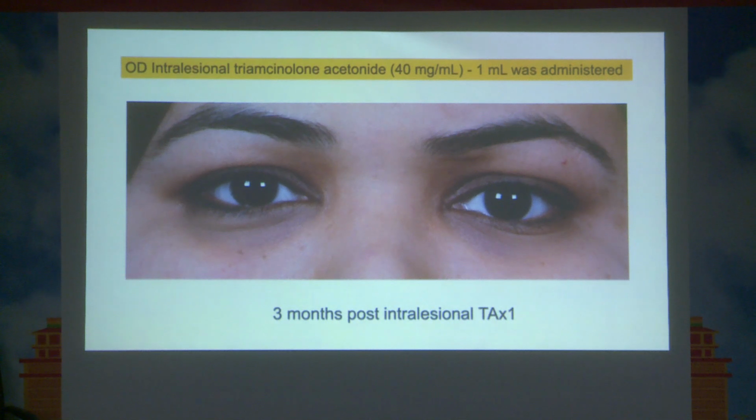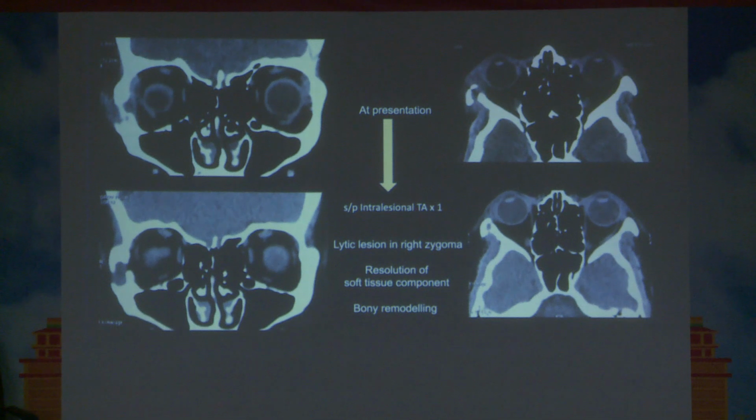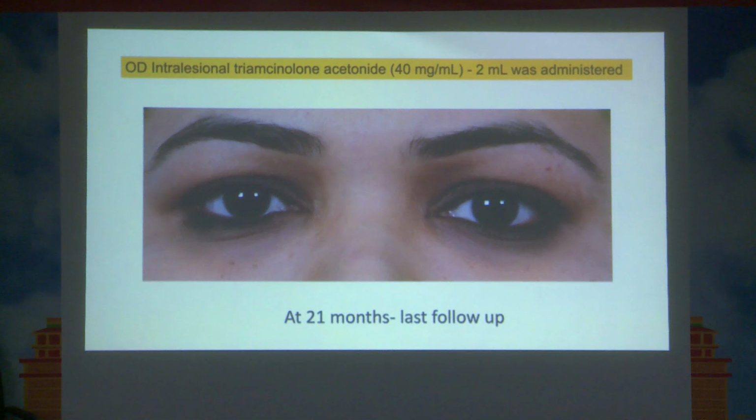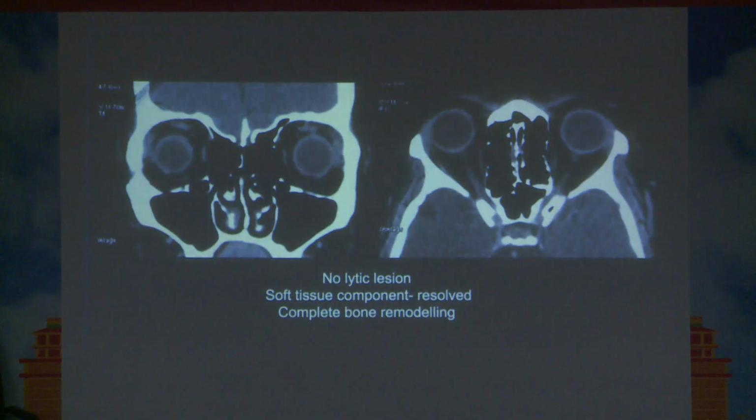This is her picture after 3 months of triamcinolone injection number 1. And as you can see, radiologically also, the lytic lesion is seen in the zygoma, but bony remodeling has started. The resolution of soft tissue component can be very well seen here. Subsequently, she received the second intralesional triamcinolone acetonide injection, and at the last follow-up at 21 months, you can see